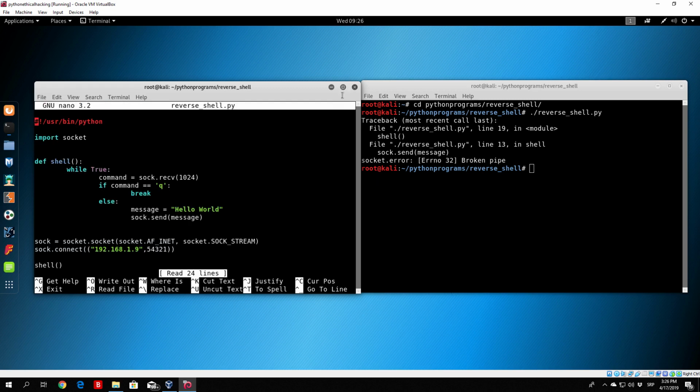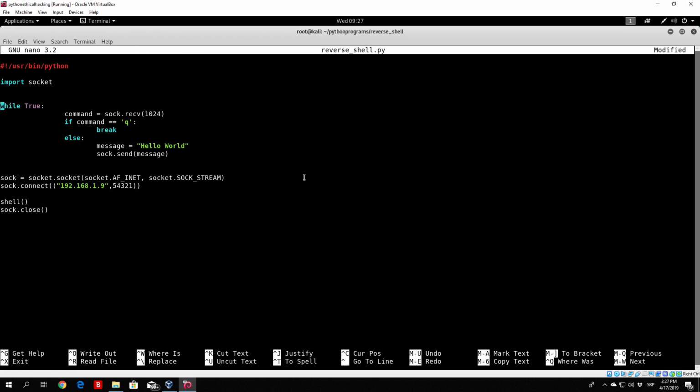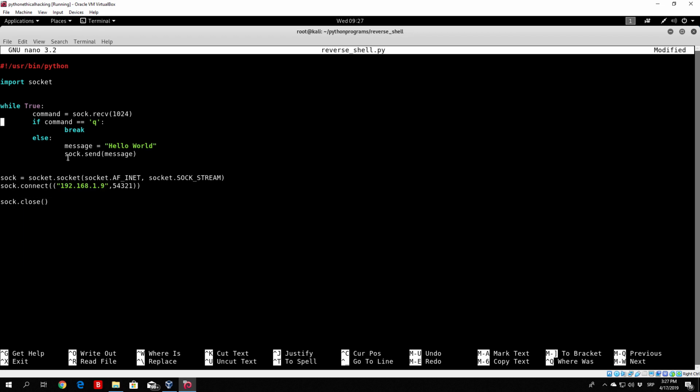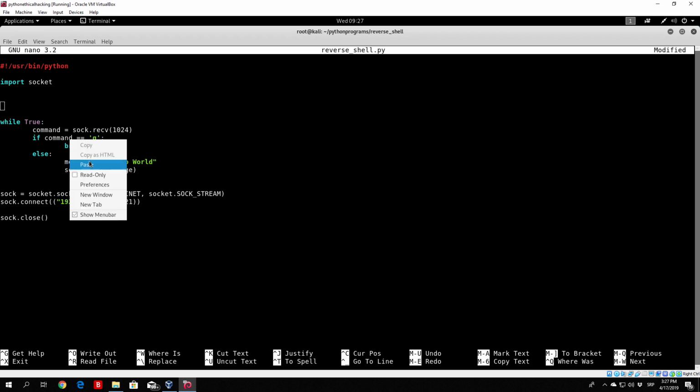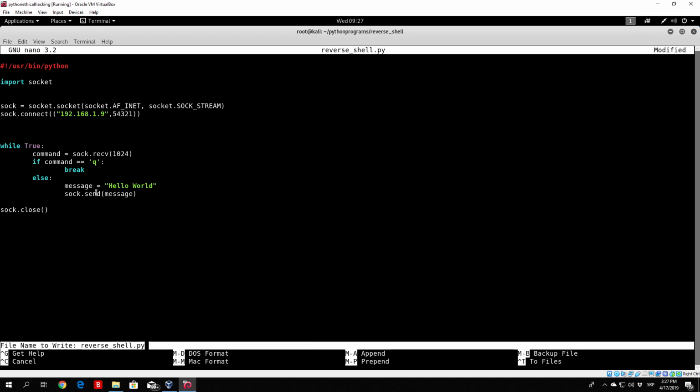So we nano the reverse shell right here. Let us try to remove the shell function for now, so we can see if that is the reason we are getting the broken pipe. So we just tab everything one step back and we delete this part right here, which is the shell function. We also need to call the socket creation before the while true loop. So we will just paste it right here and delete it from here. So if we save this program right here